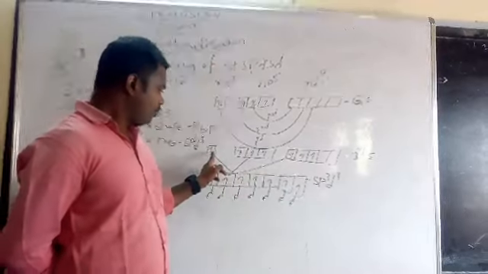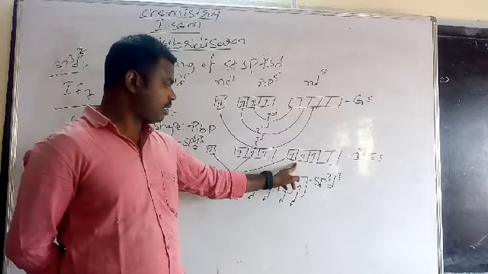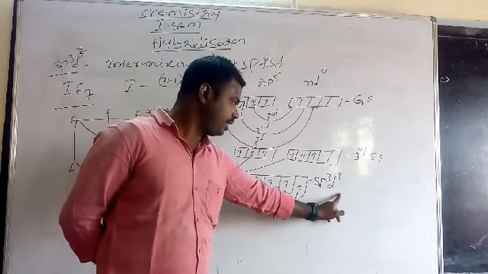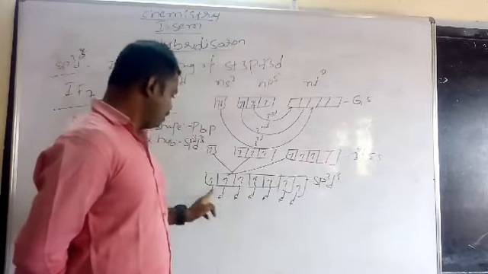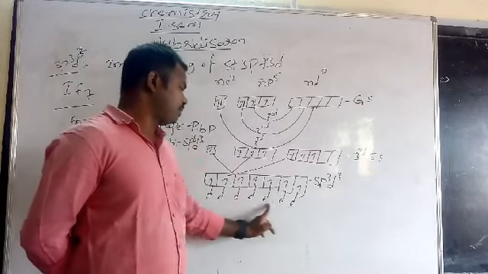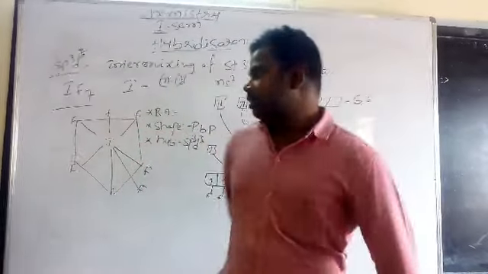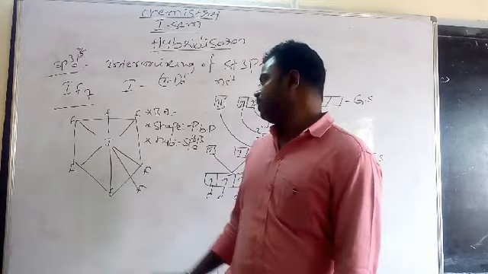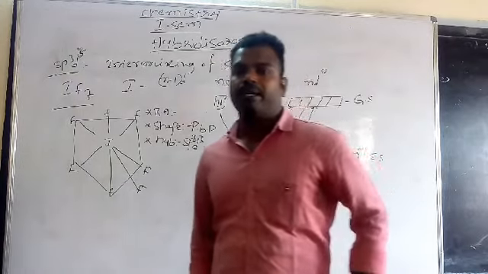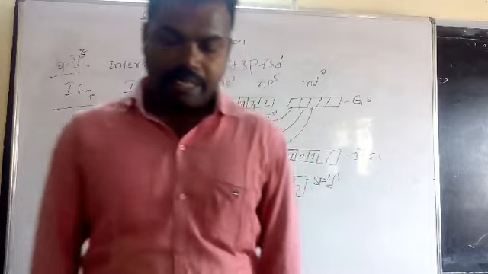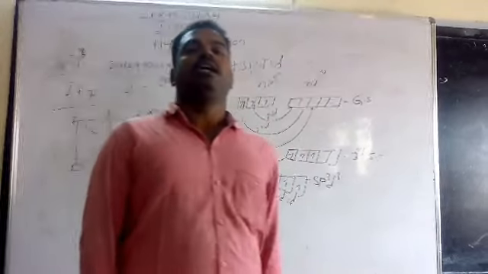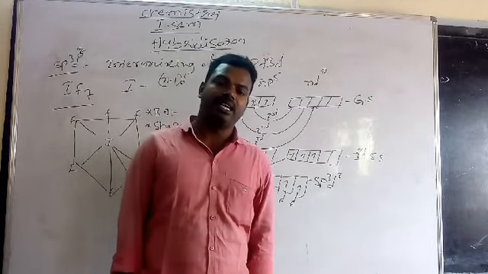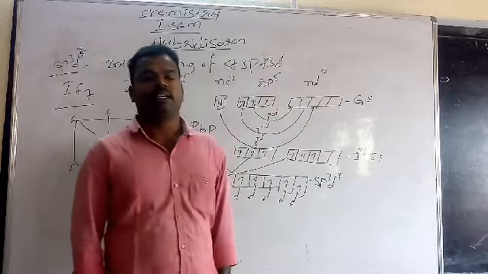Now intermixing of s orbital, 3 p orbitals and 3 d orbitals combine to give new equivalent hybrid orbitals called sp3d3 hybrid orbitals. Now these unpaired electrons react with individual 7 fluorines. The molecule formed is IF7. 7 fluorines are fixed at 7 corners. The shape of the molecule is pentagonal bipyramidal, and the hybridization is sp3d3. This covers the hybridizations sp, sp2, sp3, sp3d2, sp3d3.